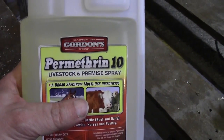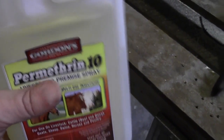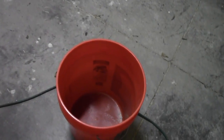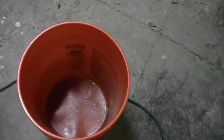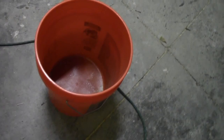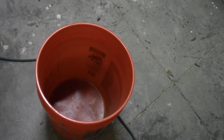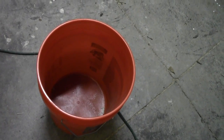It wasn't too terribly expensive, but this is too concentrated. It's 10%. So we're going to take about 30 milliliters, or 2 tablespoons, of this stuff and put it in a bucket with 3 gallons of water. Then we can take our screening material and the cloth on the sides and soak it in that for about 10 minutes, and then you pull it back out and let it dry,